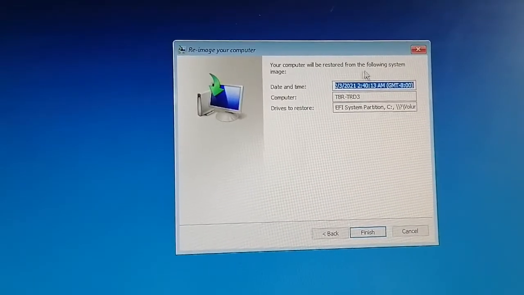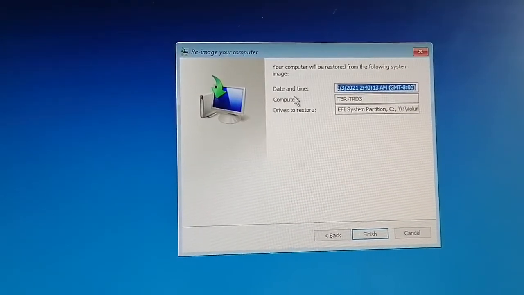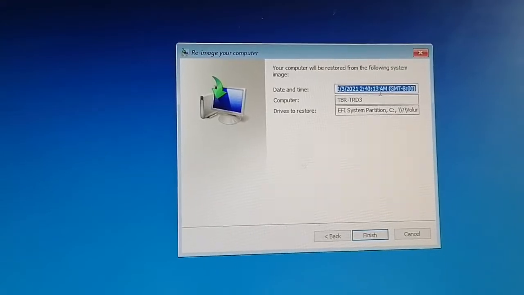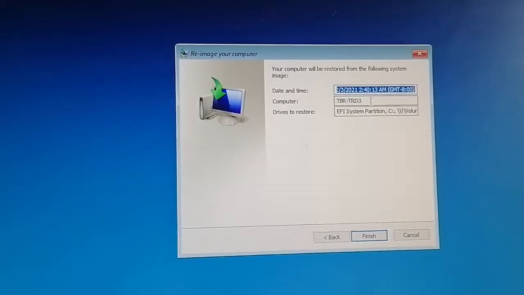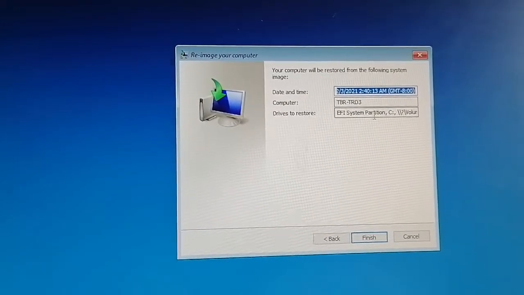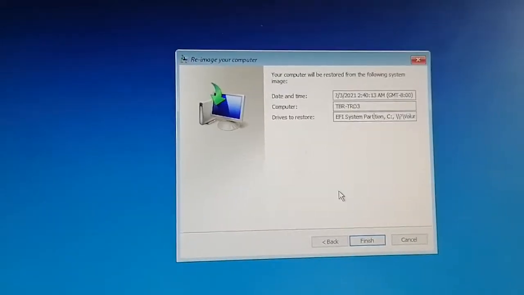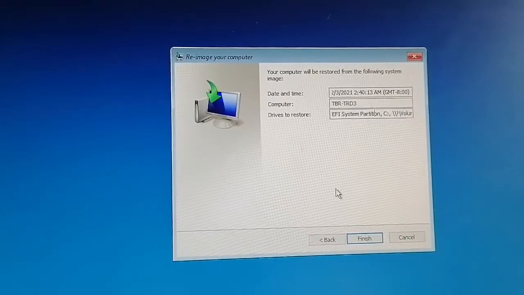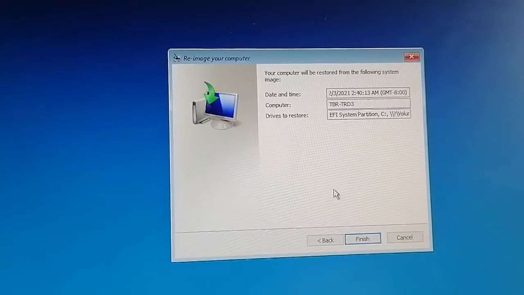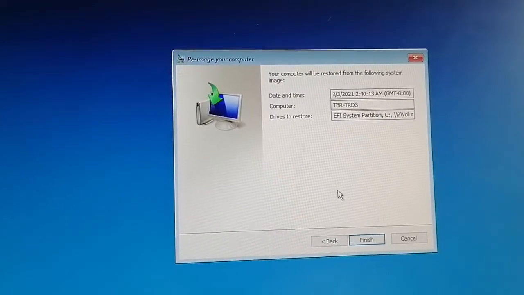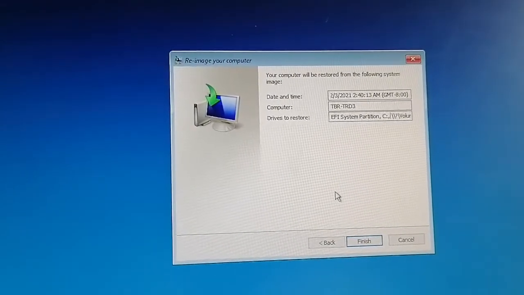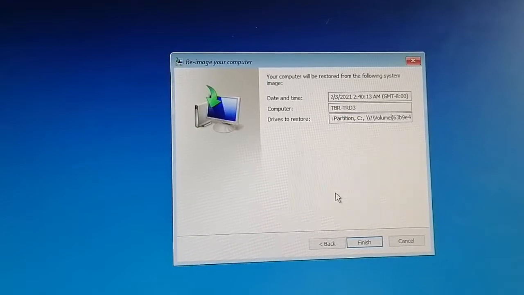Your computer will be restored from the following system image, date and time. So this is today. Computer, yes. Drive to restore. So here there is a list of the different things to restore. There is an EFI system partition, which is very important to be bootable. Then the C drive.